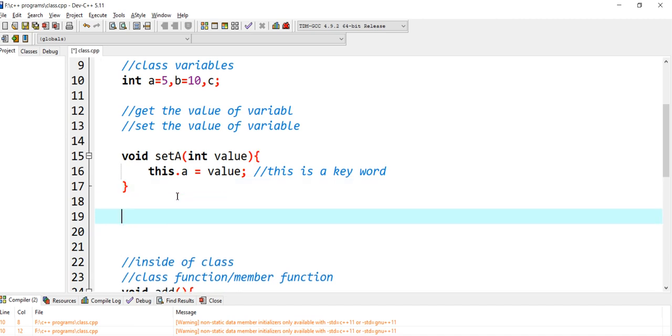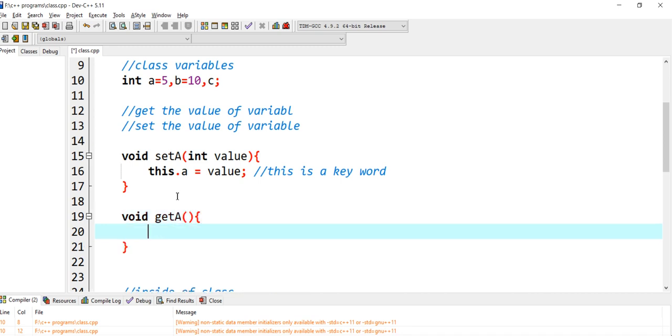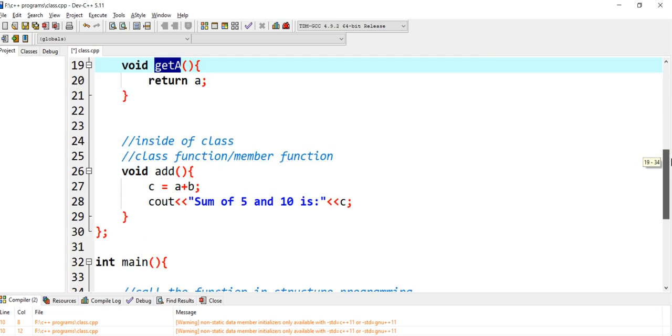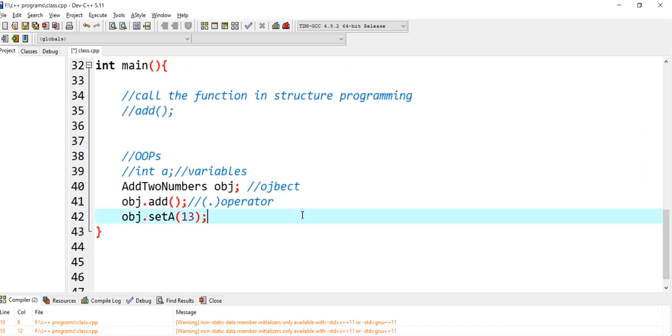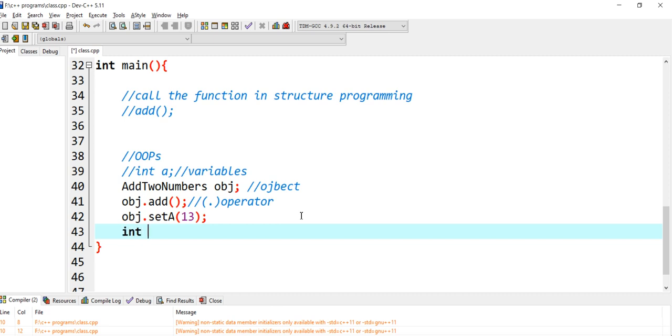Now let's create a getter function. A getter function basically gets the value of a, so it is going to return whatever the value of a is. If I want to call this function here in main, how can I do that? I need to have a variable first, so that we can store whatever value is returned from there.